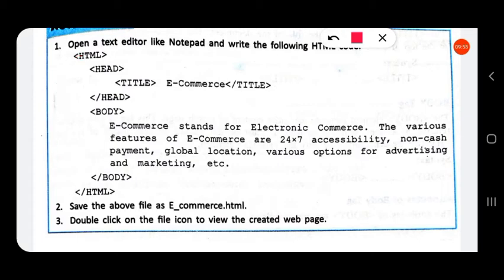Then you have to save it as e-commerce.html. Then double click on the file icon to view the created web page.